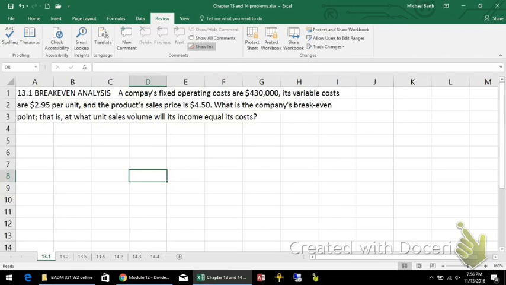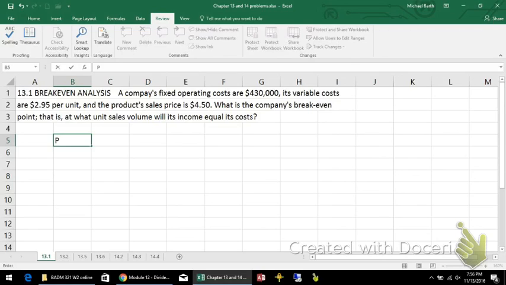Its variable cost is $2.95 a unit, and the product sales price is $4.50 a unit. What's the break-even point? That's the point at which unit sales volume will be enough to pay the cost down to zero. Alright, so